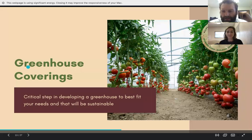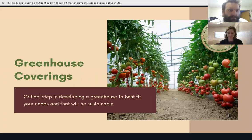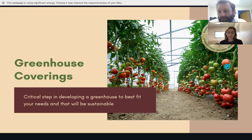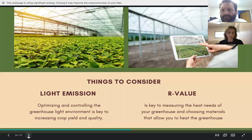Cool. Then once we have your style, your design, and placement, you want to get into coverings. Again, a thing to consider with coverings is light emission. There are various coverings we're about to go through, but each lets light in at a different capacity, and that's very important for the transplants you're growing. I think the next slide, Kim has the R value, which is a term used to